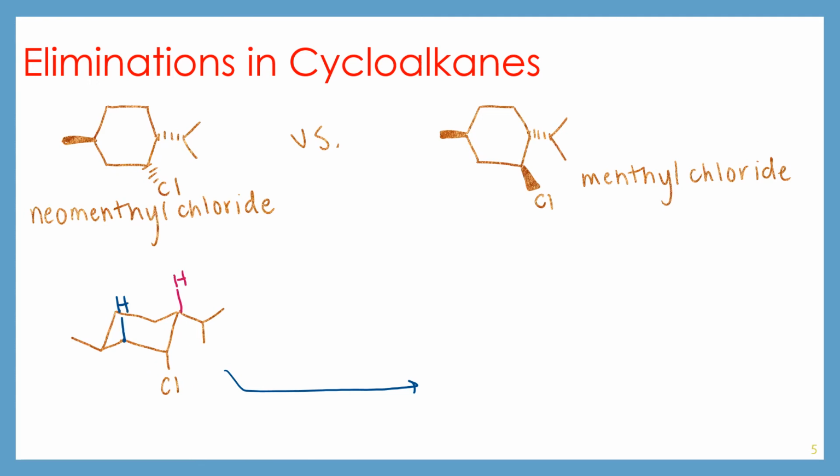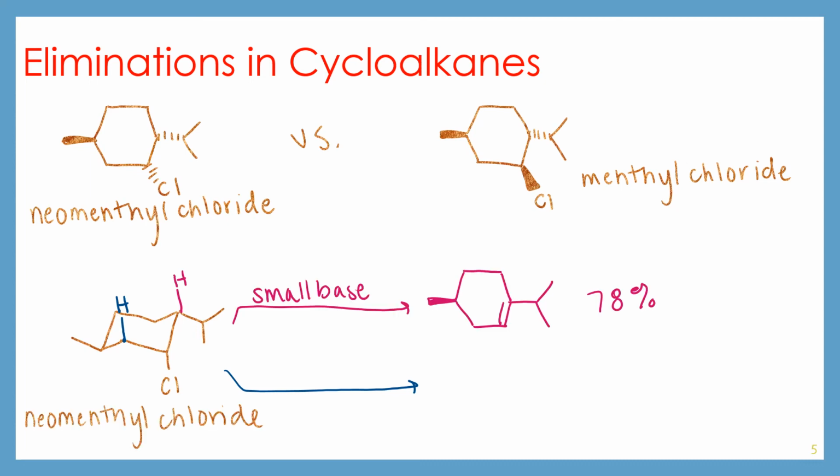Now this gives us something interesting. There are two hydrogens that are in the up axial positions. Both of these are valid contenders for the anti-coplanar elimination of the chlorine. So if you react with a small base,